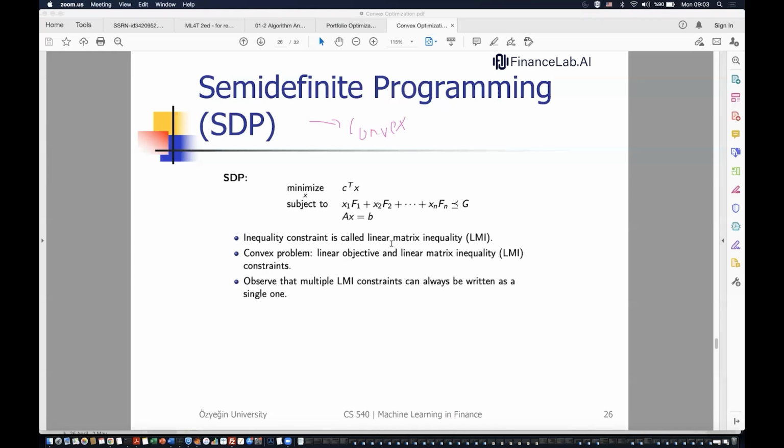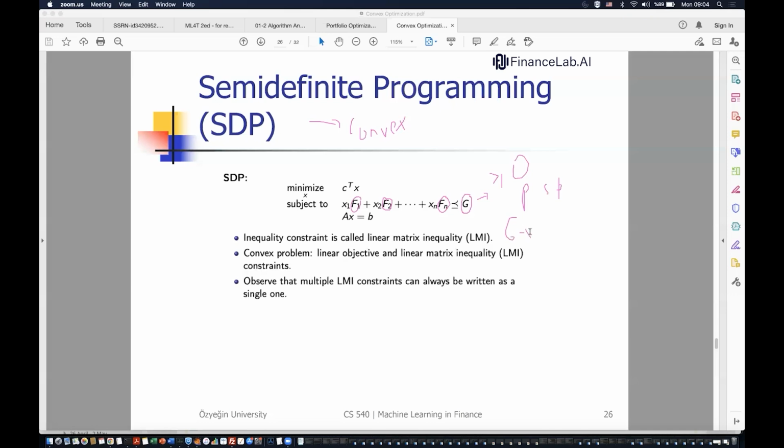And in this case, we have a linear objective and linear matrix inequality constraints. All these F1, F2, up to Fn are basically the matrix constraints, and x is the variable. So the combination of these matrices should be smaller or equal than some matrix G. And the smaller or equal than, again, is defined in terms of positive semi-definite. So again, G minus all these constraints should be greater or equal than 0,